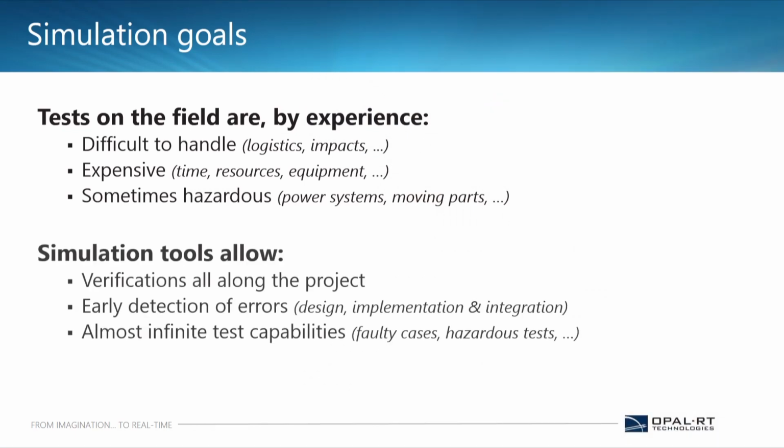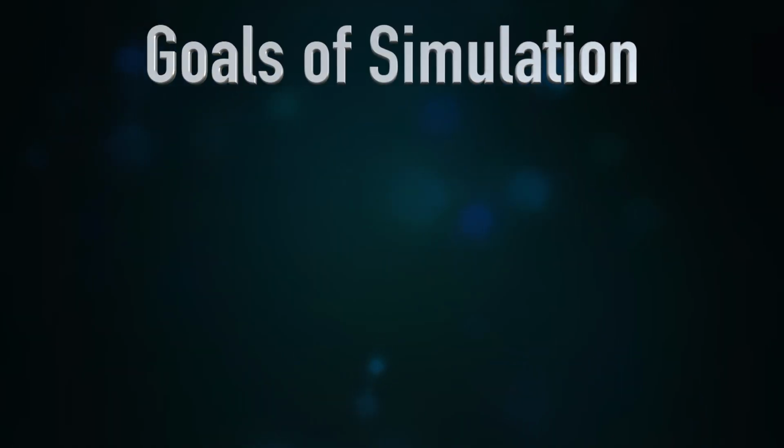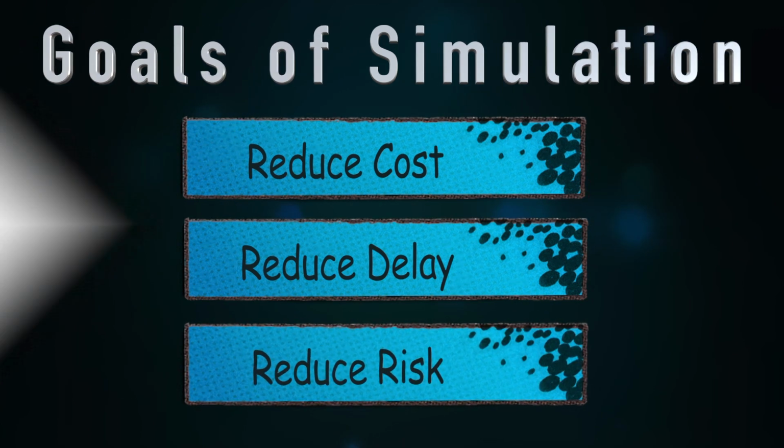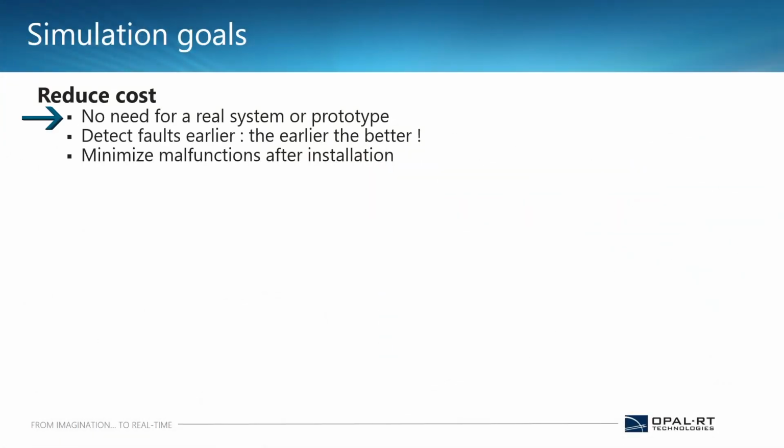Now, there are various tools that allow early detection of errors, so we can overcome a lot of errors. We can use the same simulation platform for multiple applications. Once you are done with your power system models, you can again work with electric vehicle applications, you can again work with power electronics applications. So the same tool, same platform can be used for versatile applications. Now, as I said, the goals of simulation are to reduce cost, reduce delay, and reduce the risk. To reduce cost, there is no need for a real-time prototype, you detect faults earlier, and minimize the malfunctions after